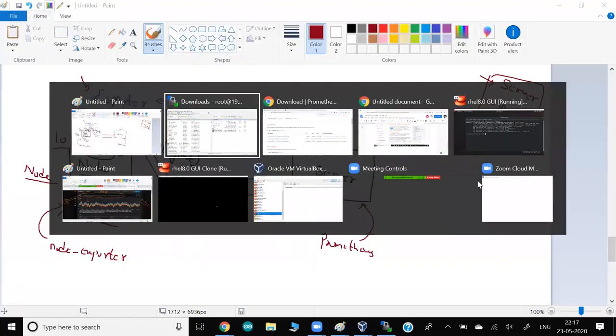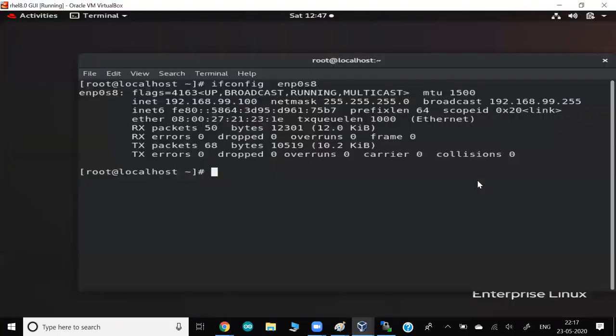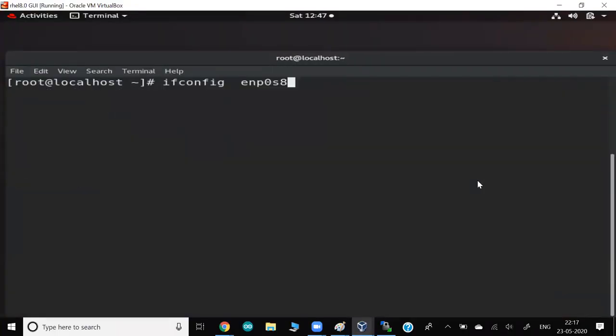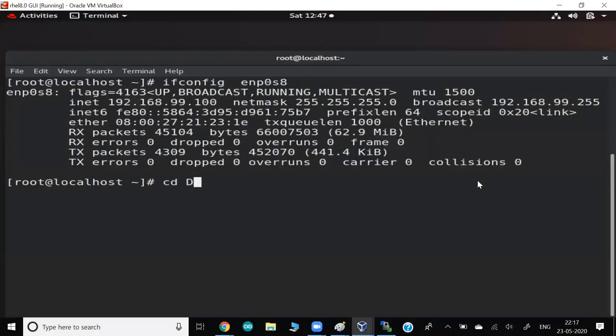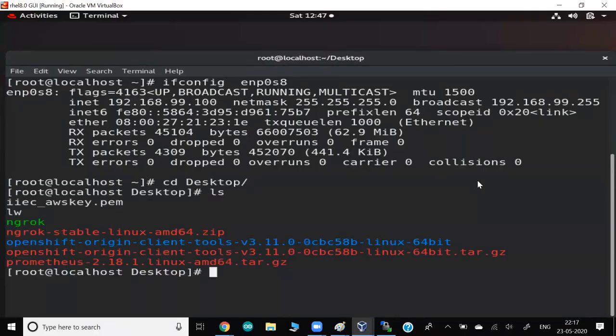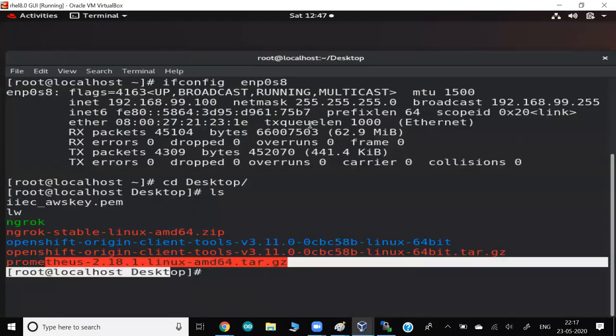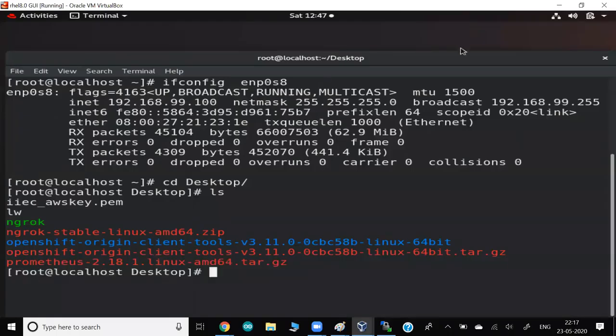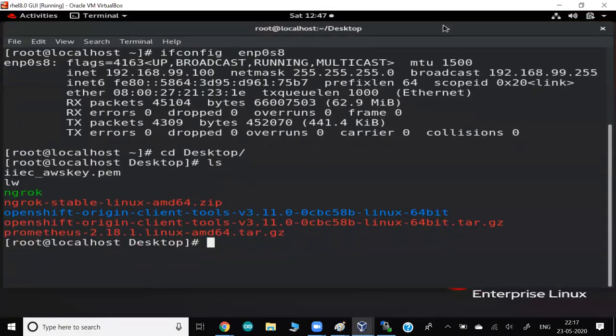So let me start with my server. This is my server having IP 100, and I'll go to my desktop. I have this software Prometheus. How to install is so simple. There's no complexity at all. This software is in the tar extension, or gzip compressed.